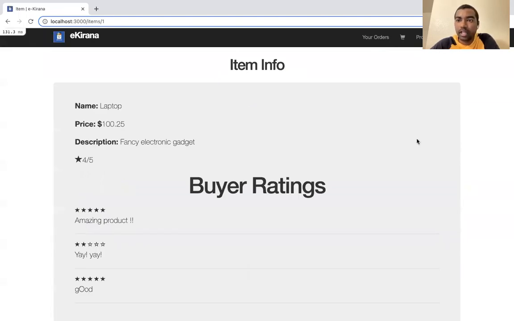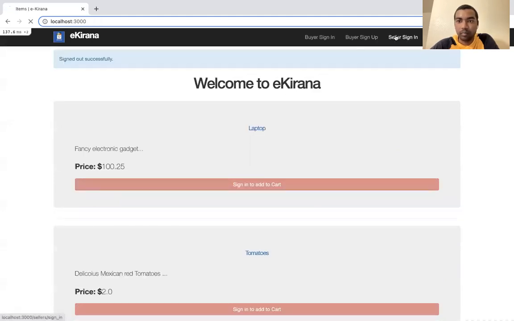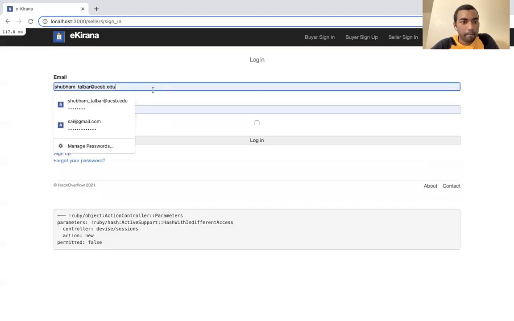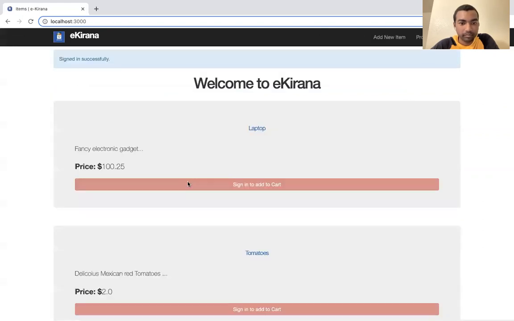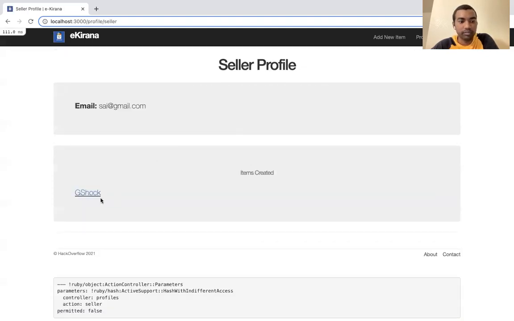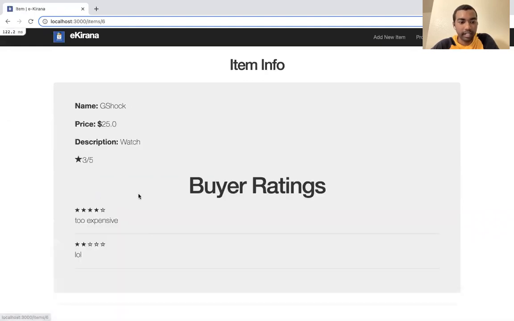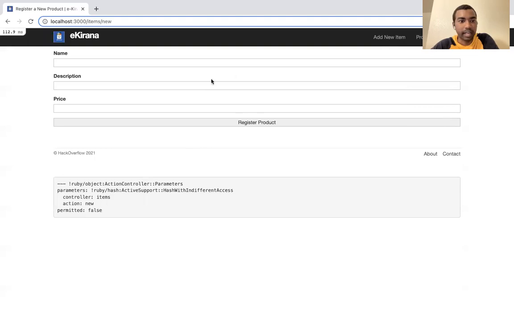Now let's log in as a seller and see how the seller's view looks. Yeah, so the seller is not able to add any items to the cart. But if he visits his profile, he can view all the items that he has created, and he can check the respective ratings for them as well. And he can add a new item where he can provide the name, description and the price for the item, and he can register it, and it will show up in the